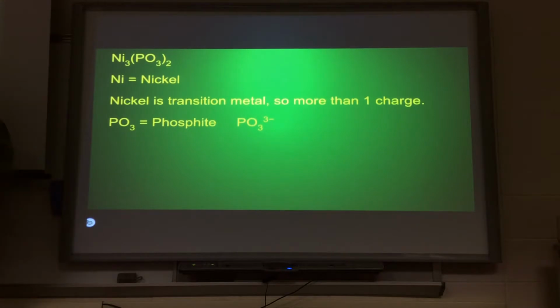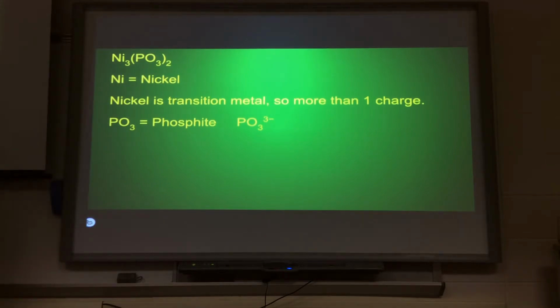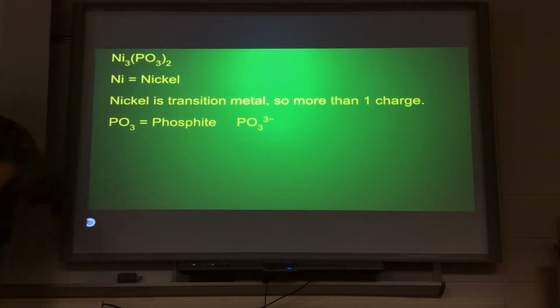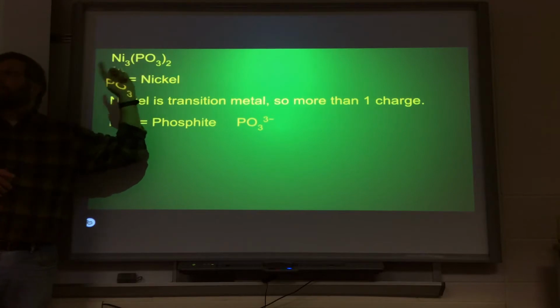And that's the key. That's the key for figuring out what charge your cation has. Both ways, both with just a binary compound, just a non-metal and a metal combined together, but also with polyatomic ions. Our anions only have one charge. So once we have that charge available, that can be the key to figuring out what the other charge is